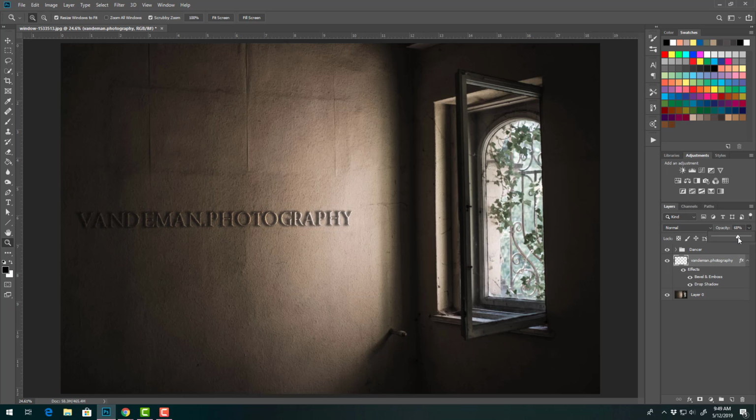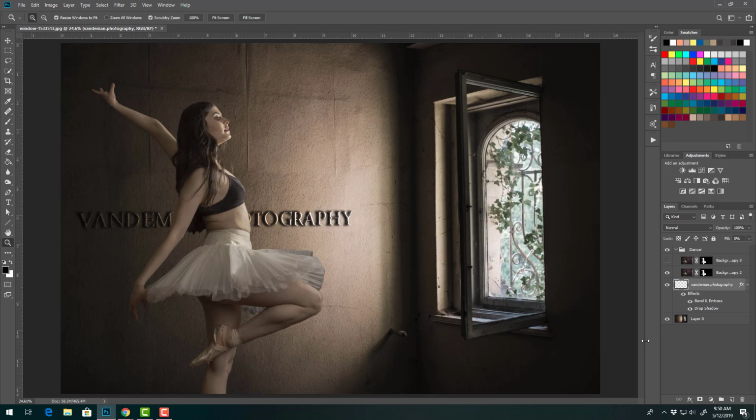Now if you go in and reduce the opacity, you can just fade that entire thing. What I really like about this is that the bevel and emboss effect picks up the highlight that's on the wall and then fades across, so it makes it look like it's actually there in a fun kind of way. So I'm going to leave that like that and then move to this ballerina